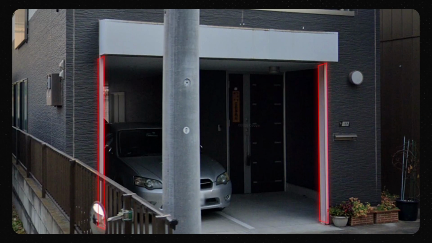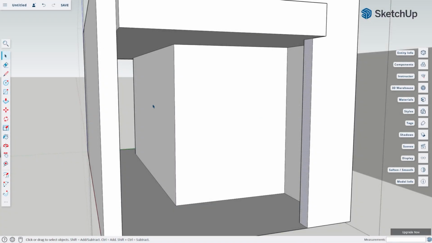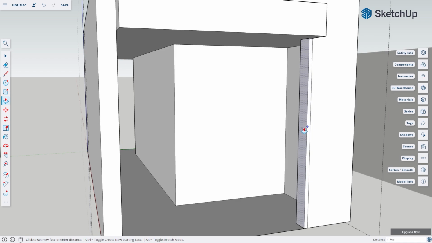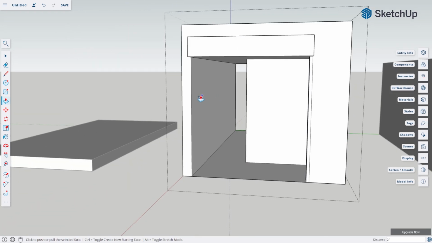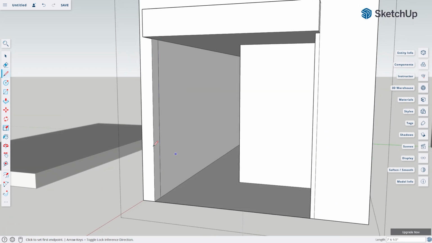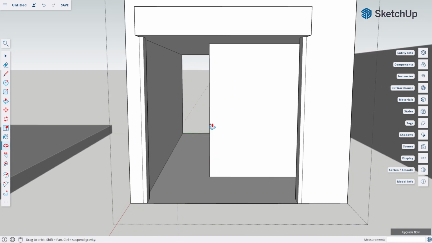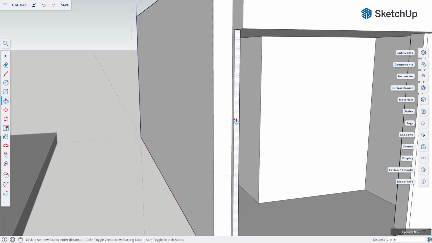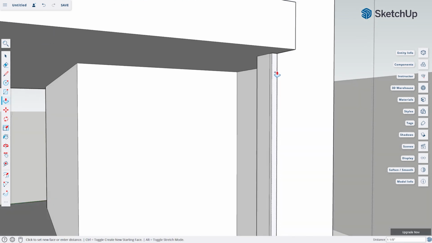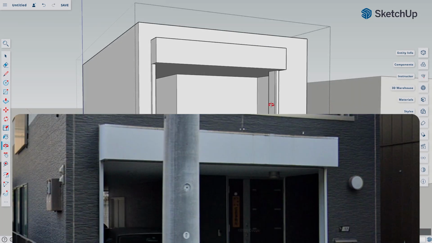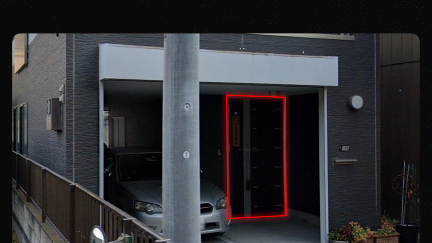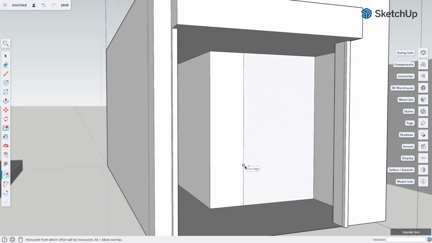I will also add this white panel from the wall using the push and pull tool by hovering this face. And I will press the Ctrl key on my keyboard to activate the copy mode. This will let me create a copy of that face when I pull it, creating a line in between. I will repeat that same process here on the other side. And then I will add a little bit of thickness here because it looks elevated off the wall. Next, I'll create the main door using a combination of the rectangle, line, and offset tools.